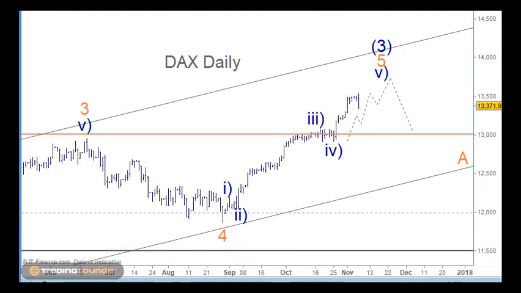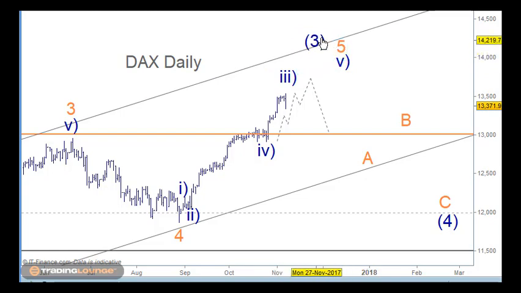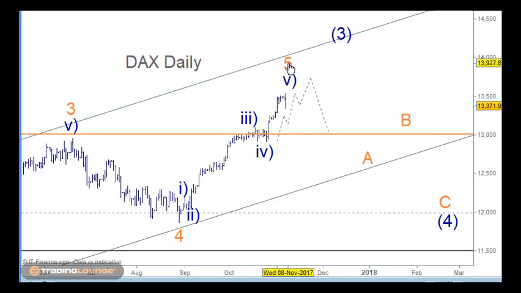I do want to say here that if I've made a mistake, the mistake that I would be making would be having wave 3 here and wave 5 to go one more leg up here, and we'll look at a wave 4 here, then a wave 5 up here. So the possibility that I've made a mistake is real. We all make them, of course. So the mistake that I would be making would be, just if I can copy this, would be looking at